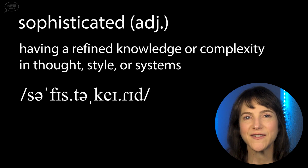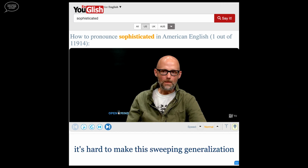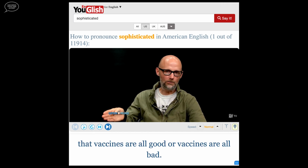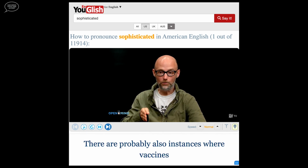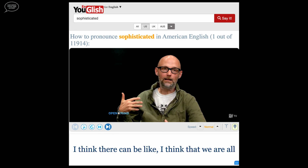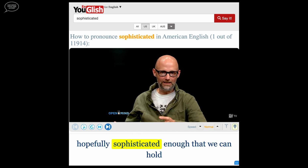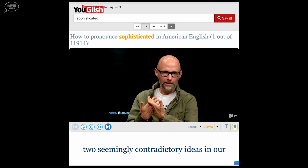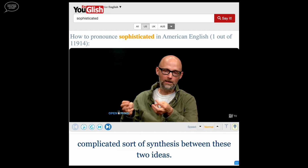Let's hear how other native speakers use this word in conversations. It's hard to make this sweeping generalization that vaccines are all good or vaccines are all bad. I'm sure there are lots of instances where vaccines clearly, empirically, have proven to be great. There are probably also instances where vaccines are not that great. I think that we are all hopefully sophisticated enough that we can hold two seemingly contradictory ideas in our heads in a dialectic and work towards like a complicated sort of synthesis between these two